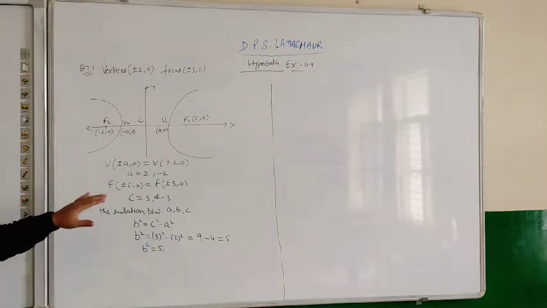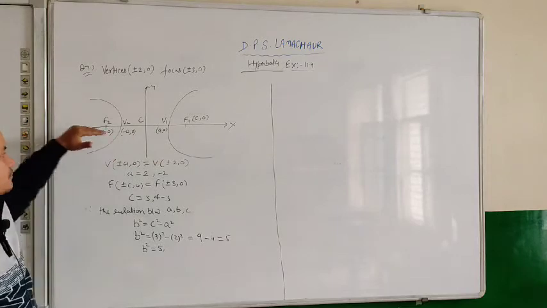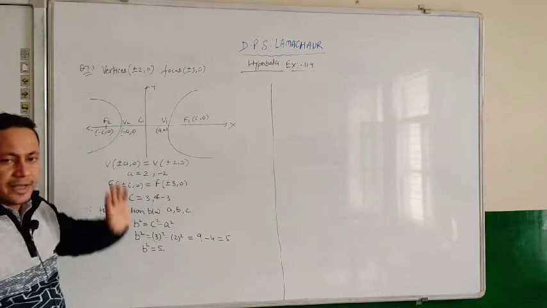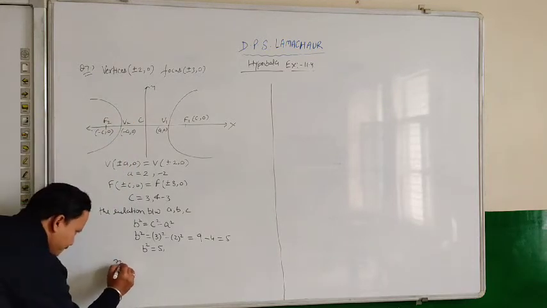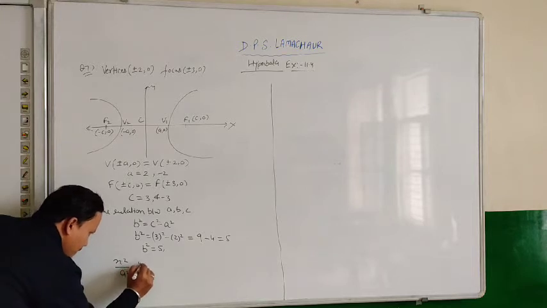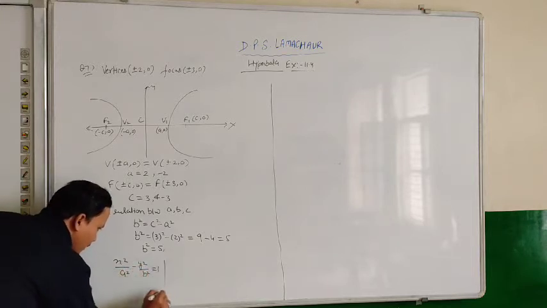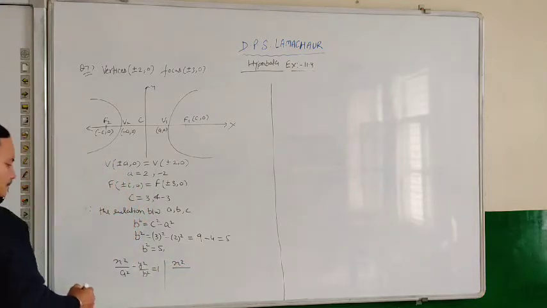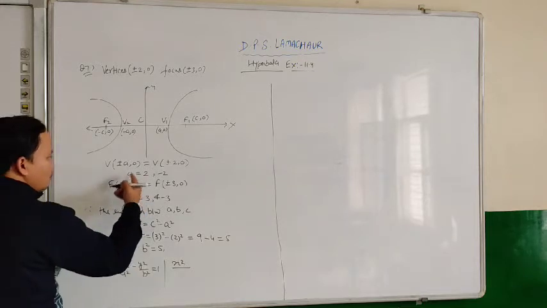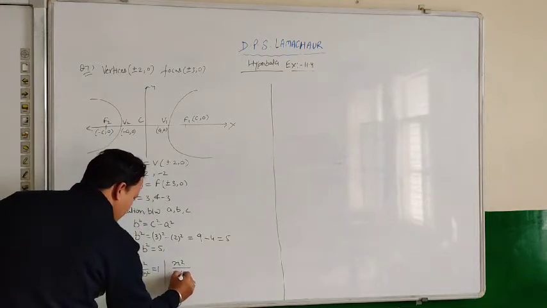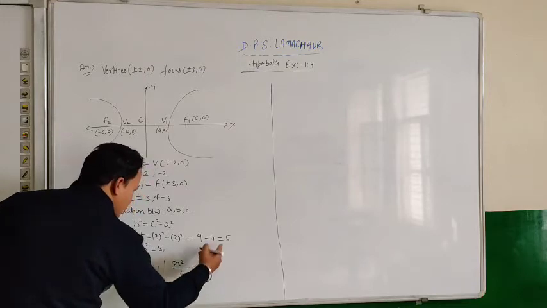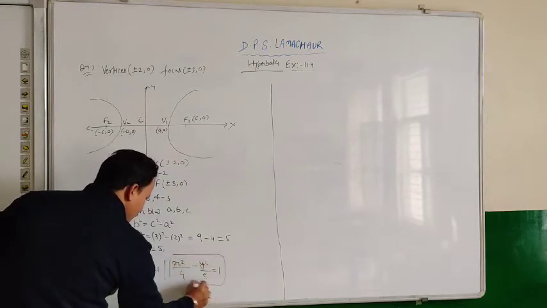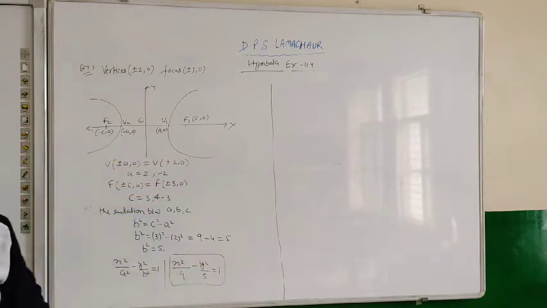Now the standard equation of hyperbola whose transverse axis is along the x axis and conjugate axis is along the y axis is x square upon a square minus y square upon b square is equal to 1. Now substituting the values of a and b here, what do we get, beta? We get the required equation of hyperbola, which is x square upon a square. The value of a is 2, so this will be 2 square, that is 4, minus y square upon b square. What is the value of b square? 5. So x square upon 4 minus y square upon 5 is equal to 1. This is the required equation of hyperbola. Pause the video and take the screenshot.